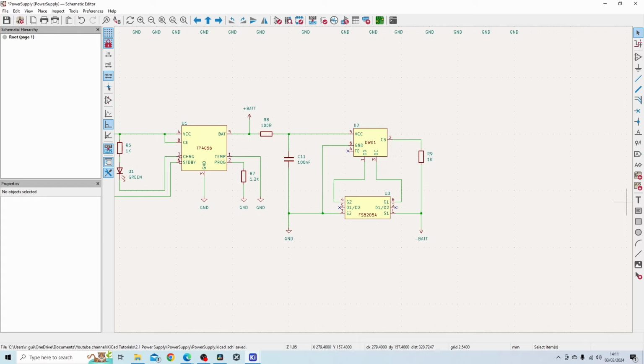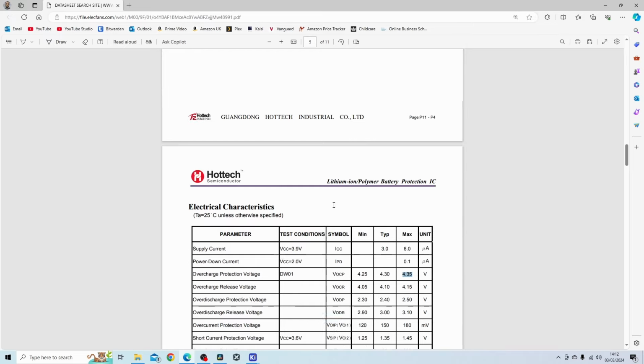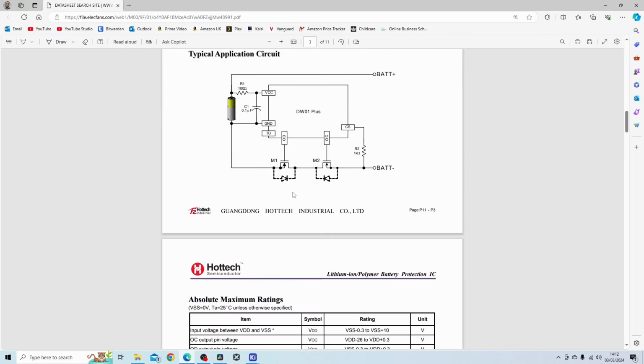And it does this by monitoring the voltage across the battery terminals. So you can see the battery terminals are connected to this IC from here and here. If this voltage goes above a certain threshold, which you can see on the data sheet over here, and the minimum value for the overvoltage protection is 4.25, and the maximum is 4.35. So obviously for safety, this value is more important. So it triggers the protection mechanisms inside the IC by controlling these 2 MOSFETs here, which essentially disconnects the battery